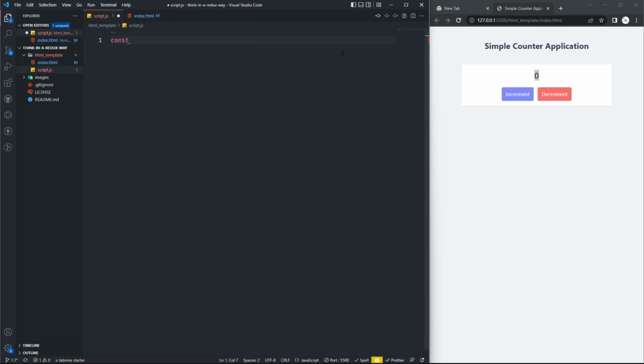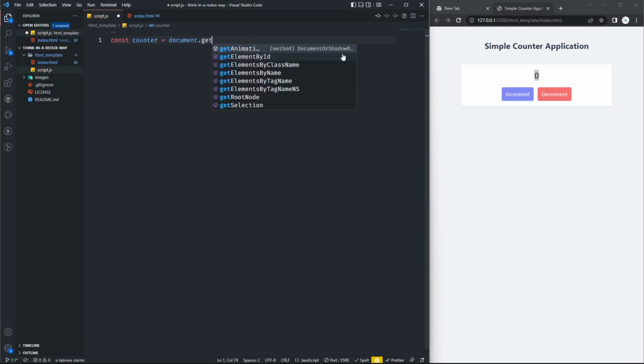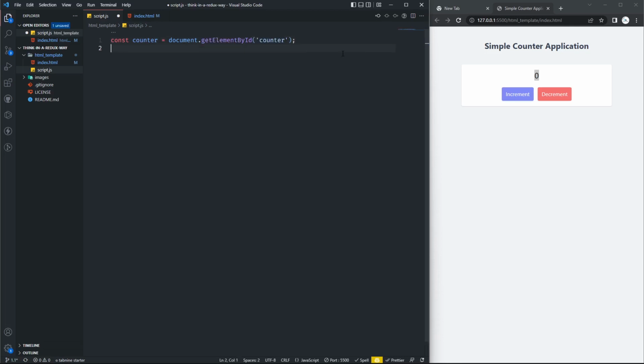we take the counter: document dot getElementById is counter, and get the increment element, document dot getElementById increment, here increment, and constant decrement element. First of all we capture the text,